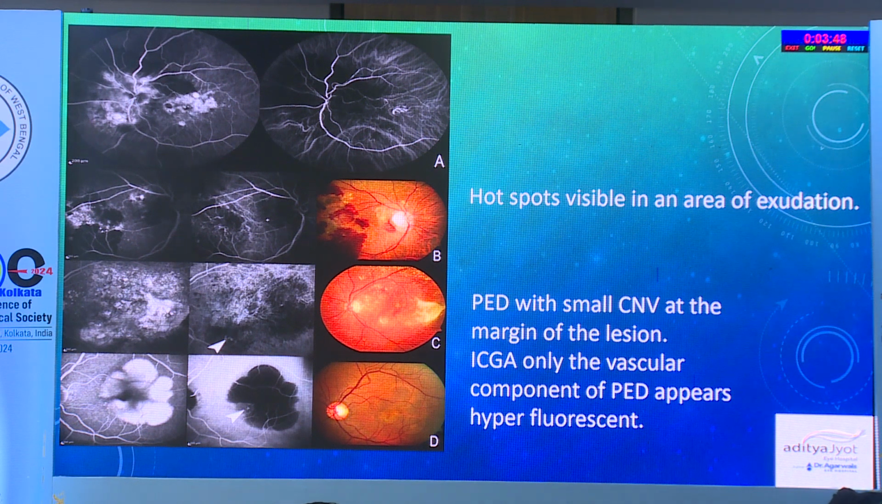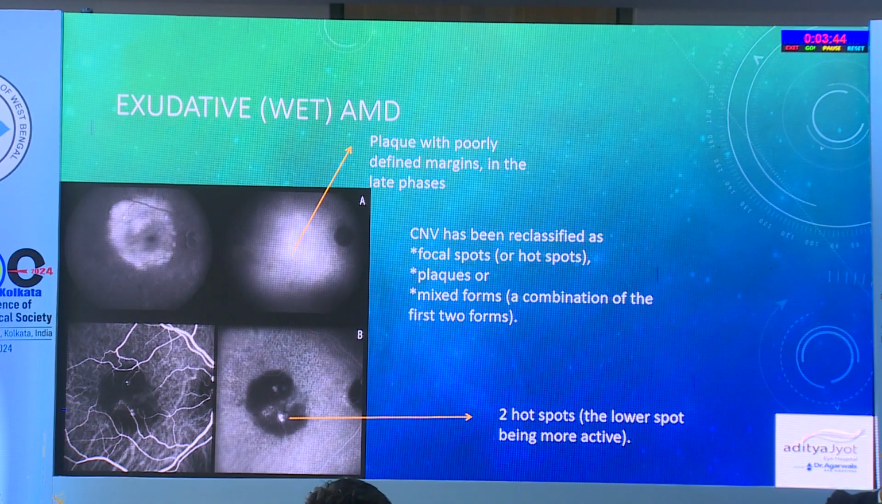On ICGA, only the vascular component of the PED appears hyperfluorescent. In exudative AMD, there is a plaque with poorly defined margins in the late phase, as you see in picture A. CNV has been reclassified as focal spots or hot spots, plaques, or mixed forms, a combination of the first two forms. And in the lower bottom picture, you can see two hot spots, the lower spot being more